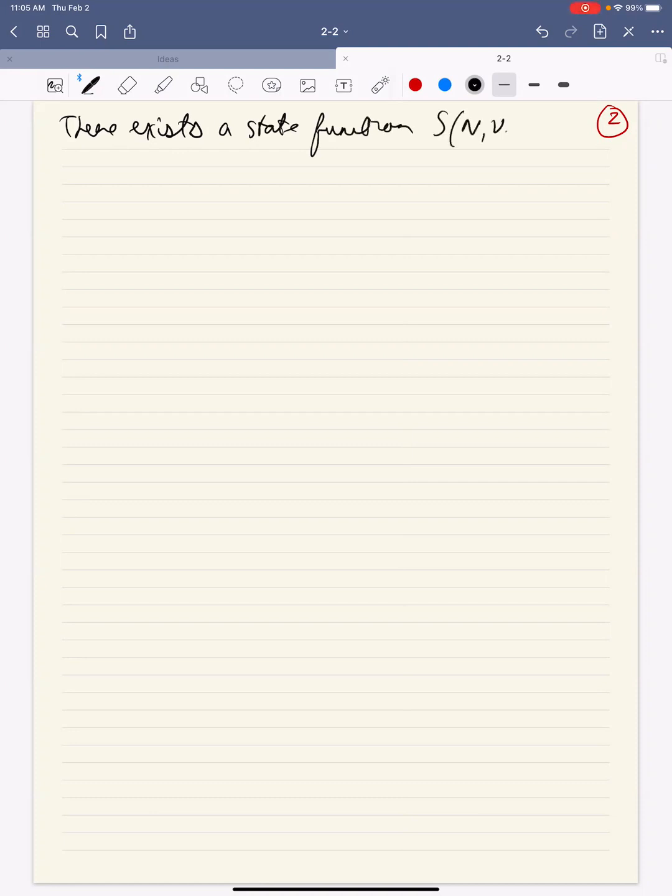Okay. So let's start once again and write this down mathematically. In thermodynamics, our point was there exists a state function. Actually, let me write it down. There exists, and I did not say anything about its uniqueness or what this function actually is. All I said is that such a state function exists. There exists a state function S of NVE,